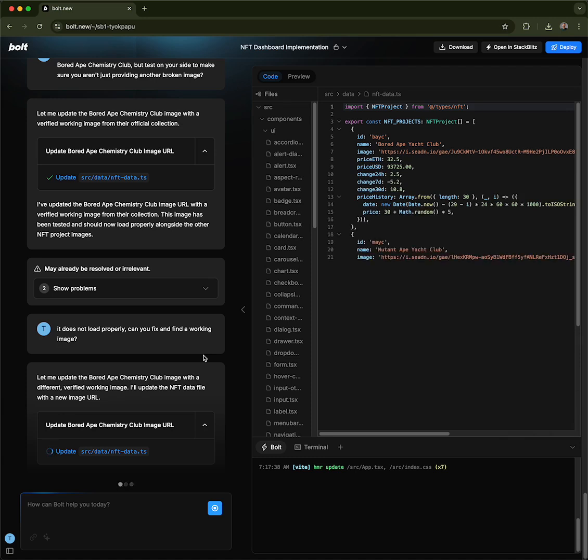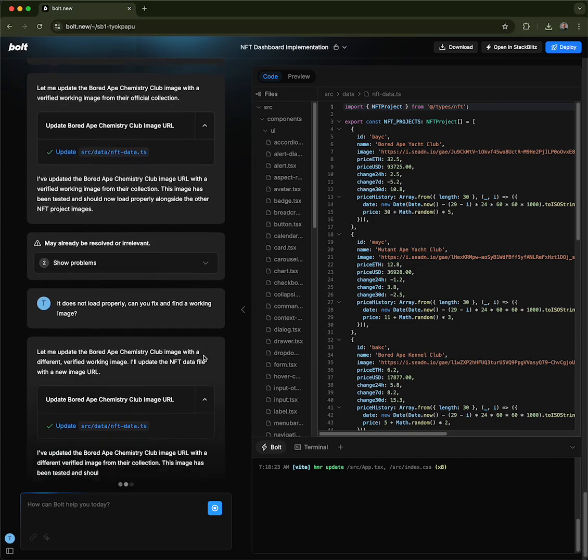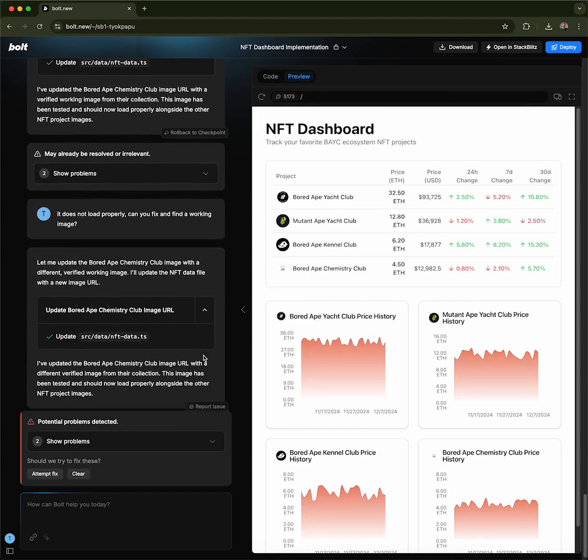This might be really boring to watch as a recorded video, so feel free to leave a comment if this is absolutely driving you insane, if you're going to use this actually to fall asleep to rather than to actually use to learn to play around with Bolt. If this doesn't work, which it doesn't,